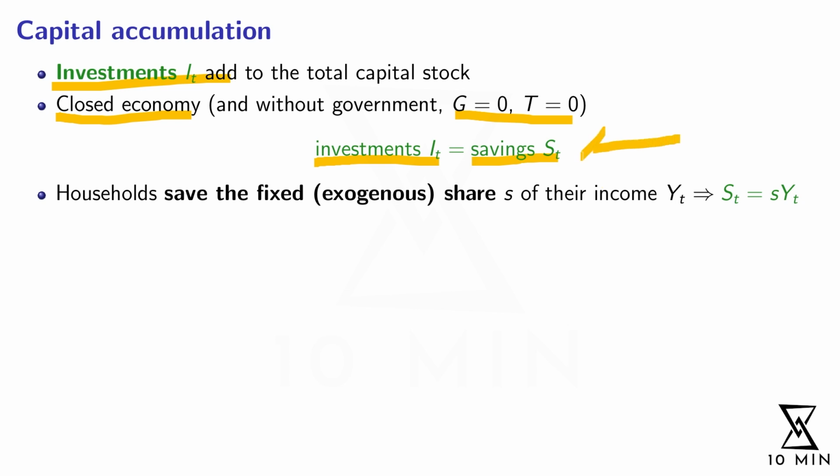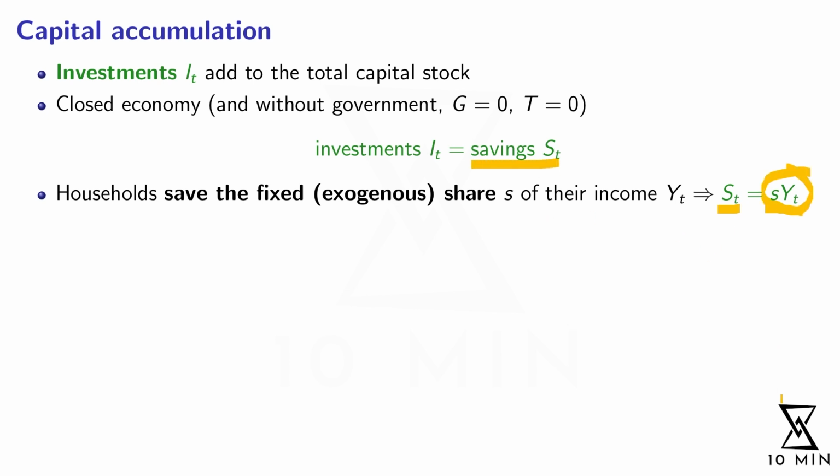And in order to specify the savings a little bit more in detail, the Solow model assumes that the households save a fixed, meaning exogenous, share s of their income. So for example, lowercase s equal to 0.2 would mean that the people save 20% of the income and spend 80% of their income. So let's put this together. If we know that the people save the fraction s of the income Y, then the total savings in the economy, and therefore the total capital supply, is equal to s times Y.